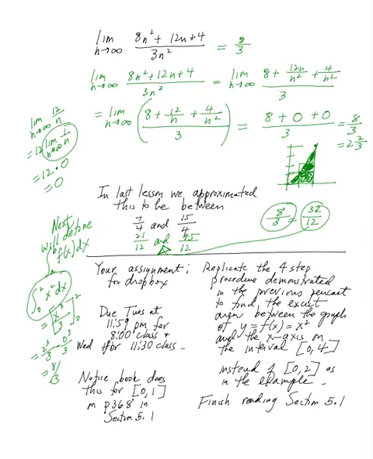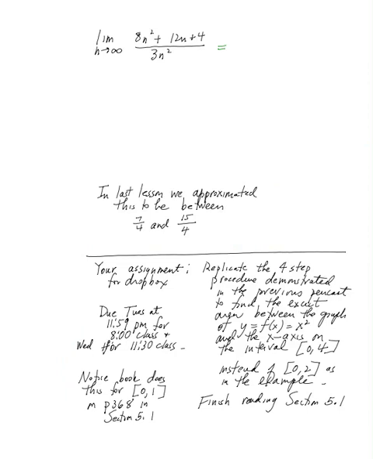Okay, what did you get for the limit as n approaches infinity of 8n squared plus 12n plus 4 over 3n squared? You may remember from our previous Pencast that the degree of the numerator and denominator are the same, so the answer is just 8/3. But if you do the math,